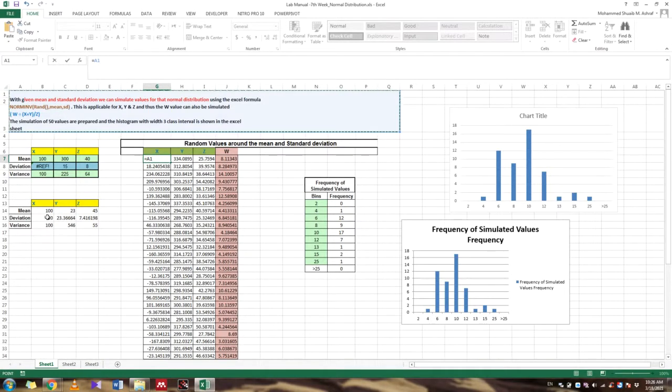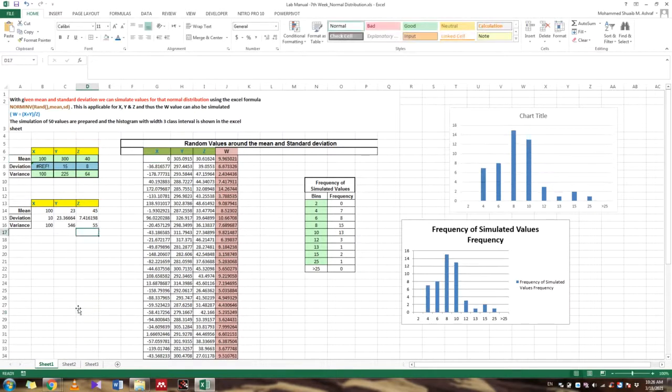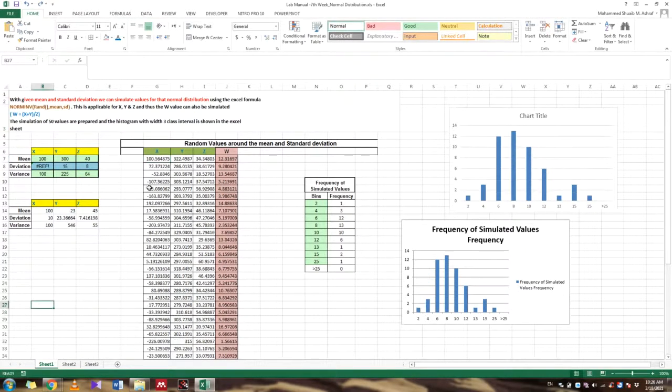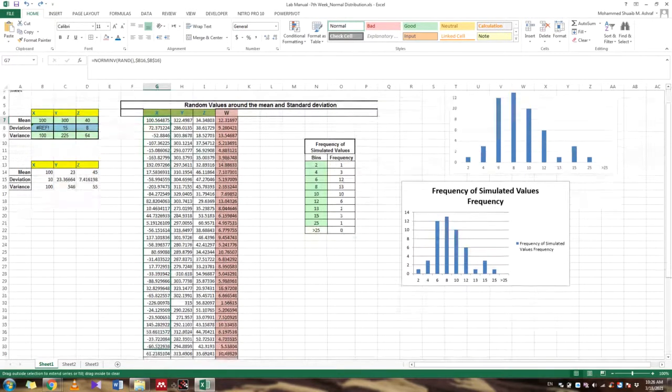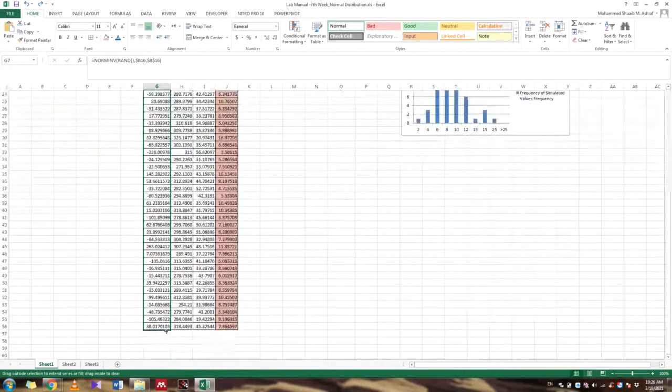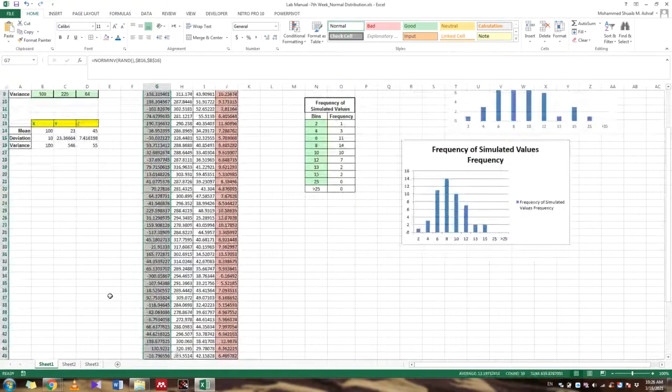Deviation SD is this, 23.36. Based on this you will apply the formula here and drag and drop. You can drop this, so all values change.